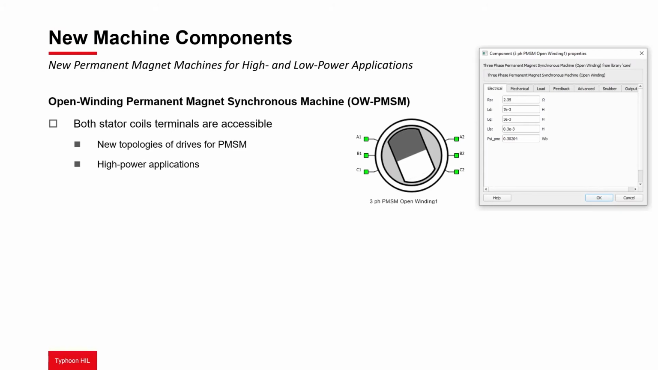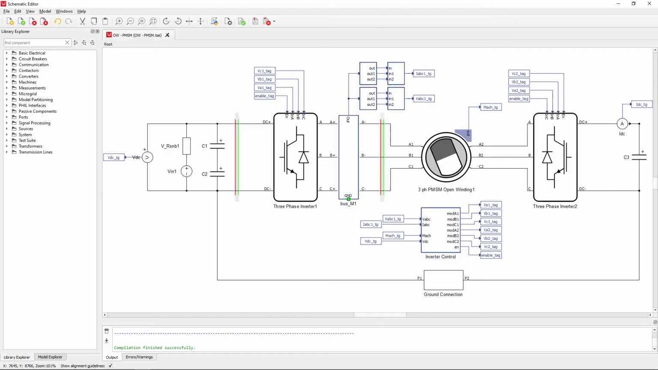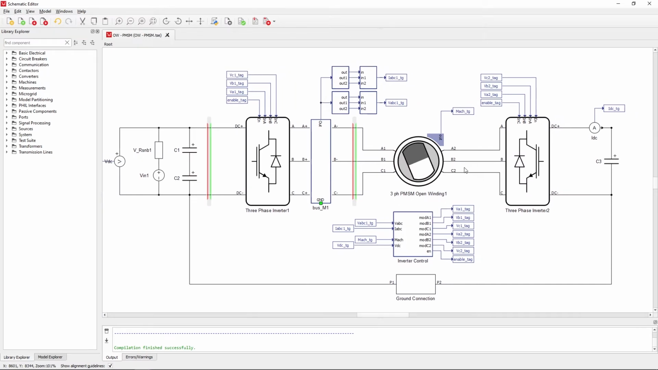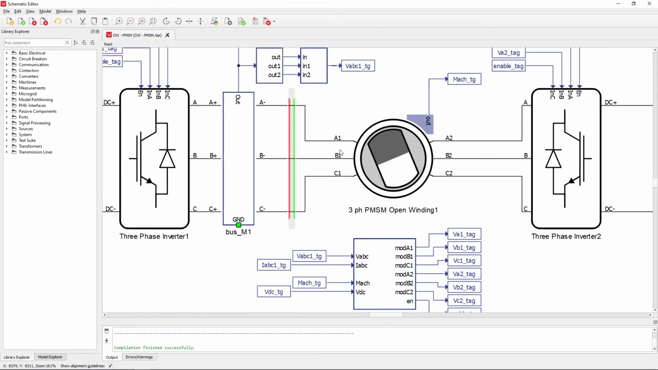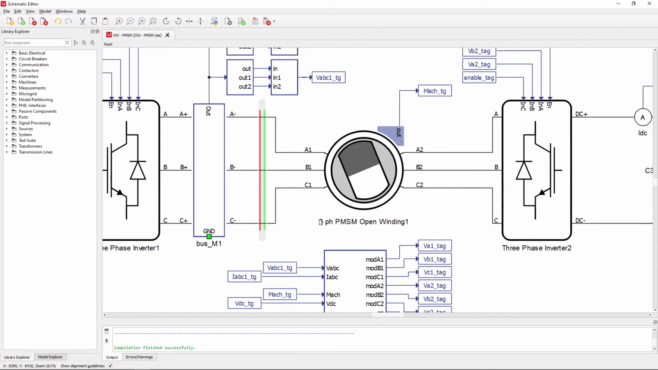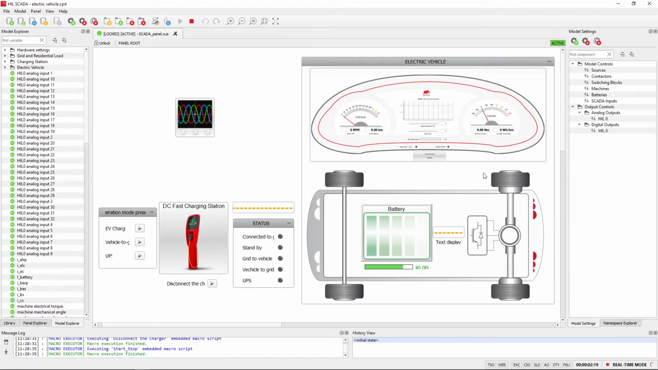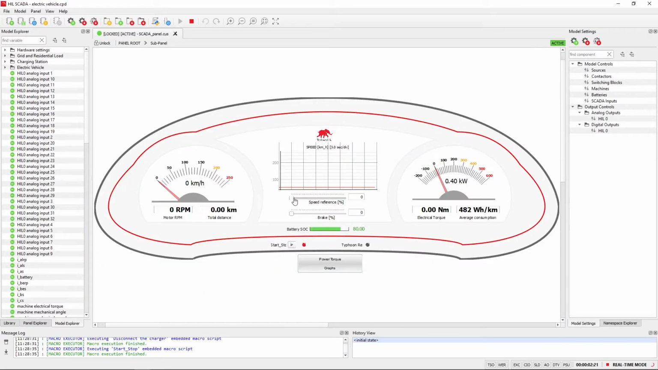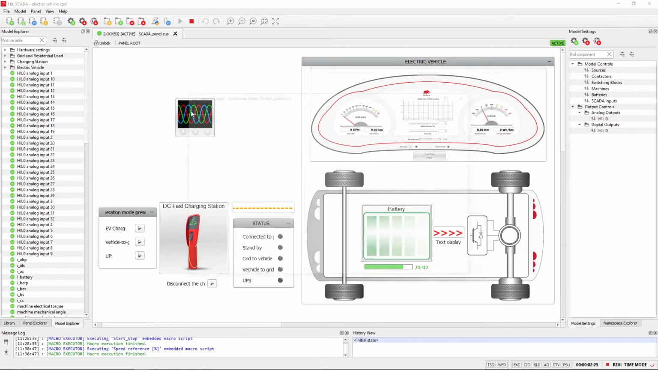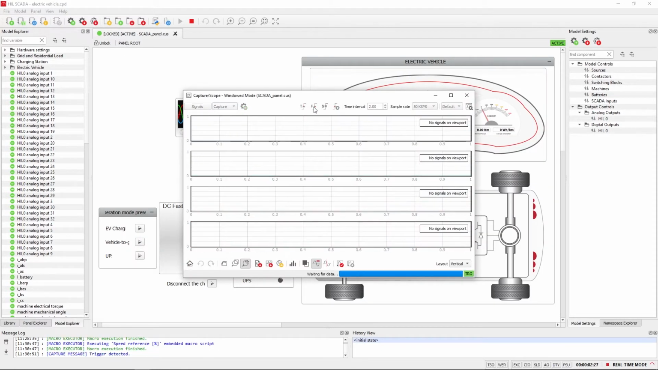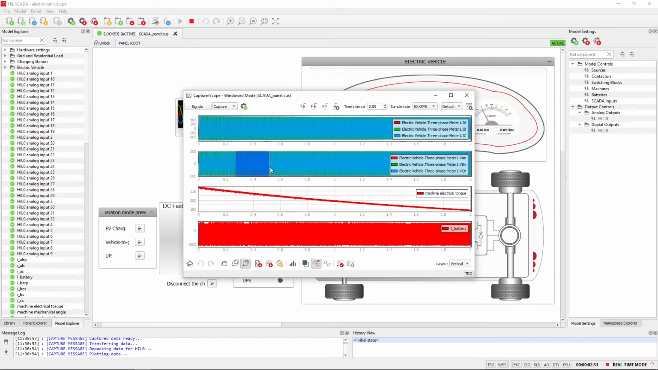The Open-Winding PMSM is useful for high-power applications commonly encountered in the automotive area. By having both stator coil terminal sides accessible by electrical ports, this topology can reduce the voltage stress applied to converters connected on either side of the machine. While including another component in the driver makes the control more complex and may cause additional issues during operation, the real-time simulation of the Typhoon HIL toolchain is specifically designed to address and resolve these issues prior to physical testing